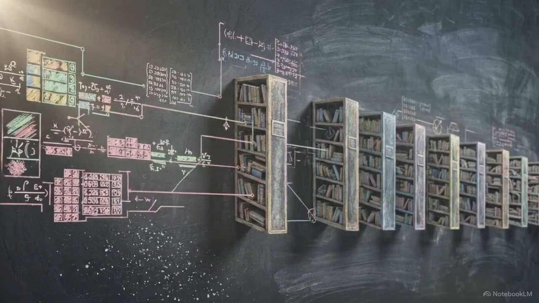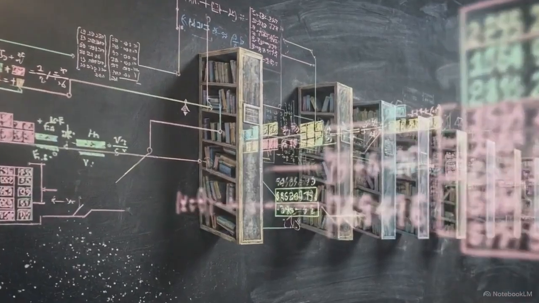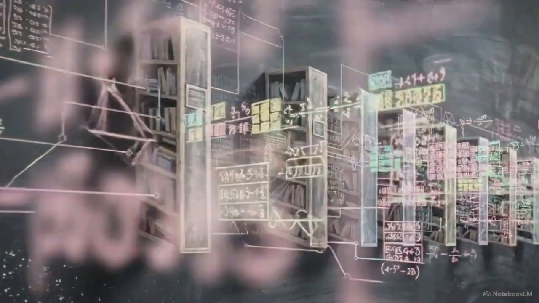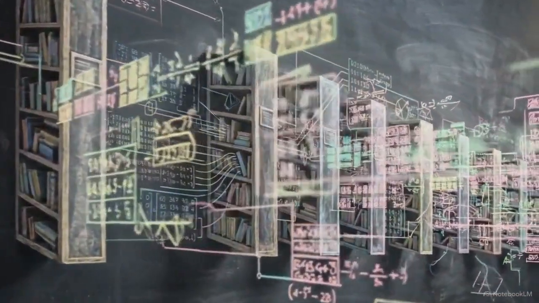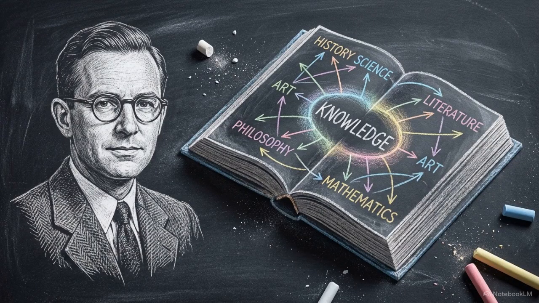Human language is qualitative and abstract. To process text at scale, natural language processing requires a mechanism to translate that meaning into quantitative mathematics. The theoretical basis for this translation is the distributional hypothesis. Established by linguist J.R. Firth in 1957, the hypothesis states that words occurring in similar contexts share similar meanings.